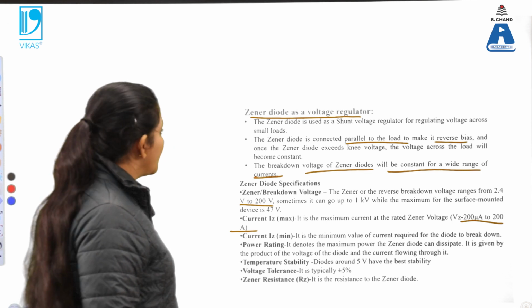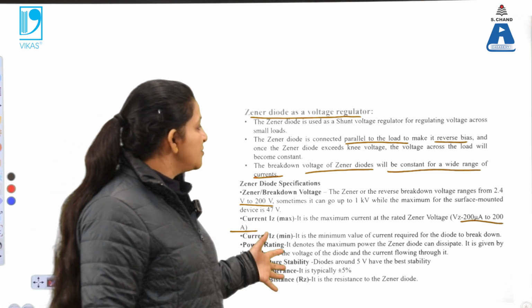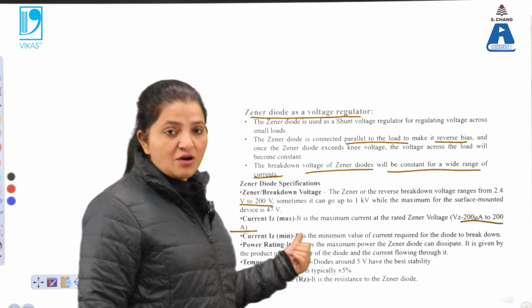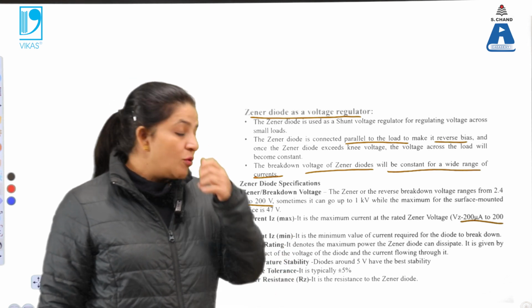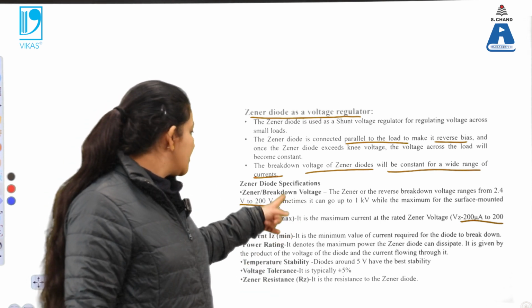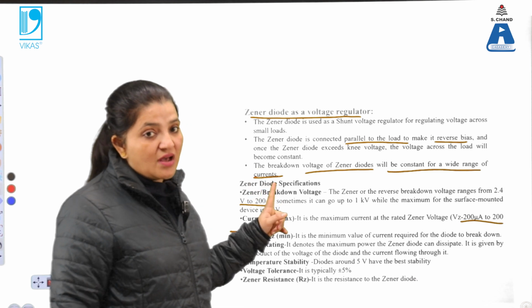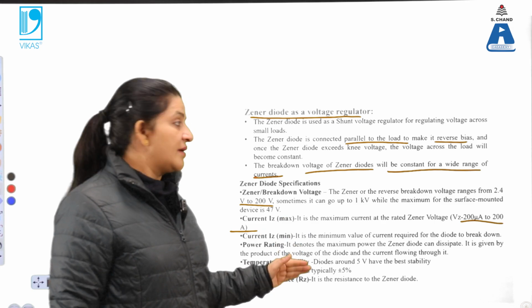The Zener diode can be used for voltage regulation because in the reverse condition its voltage can be modulated or changed. The maximum voltage it can withstand is 200 volt, which is quite large, and also a large maximum amount of current can be obtained in the Zener diode. So these are the specifications and applications of the Zener diode, and the IV characteristics are also understood, and also how the Zener diode works in the reverse bias condition only.